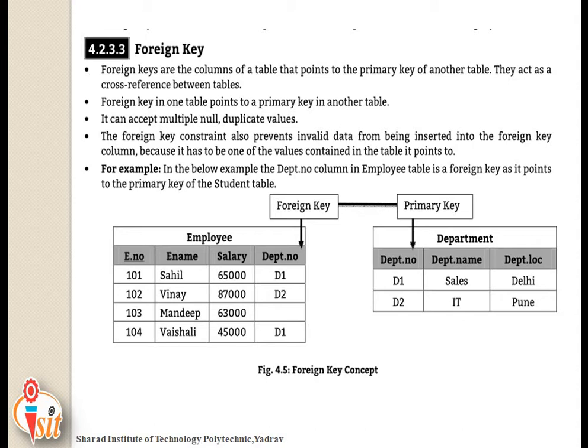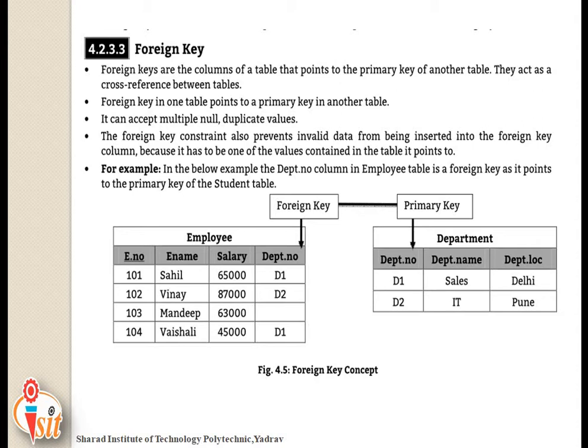Are you getting the concept of primary key? What is the answer of the primary key? It is the column, that is one of the attribute or combination of attributes, which uniquely identifies each row, that is tuple of the relation, that is table, is called primary key.